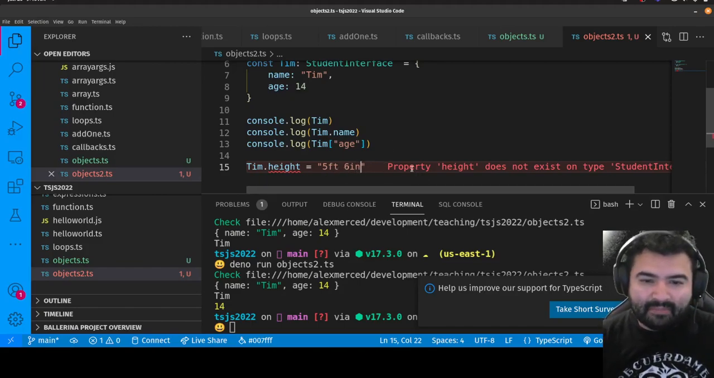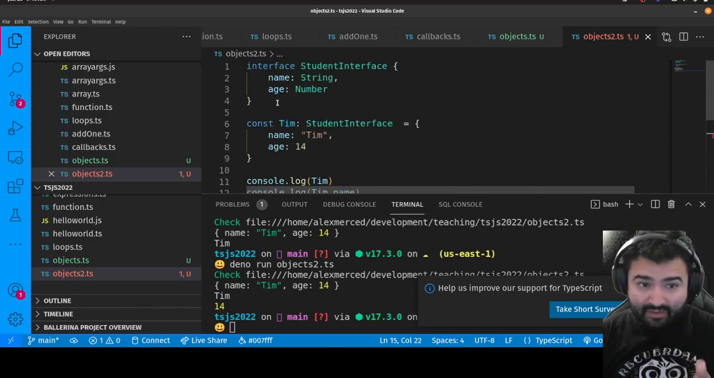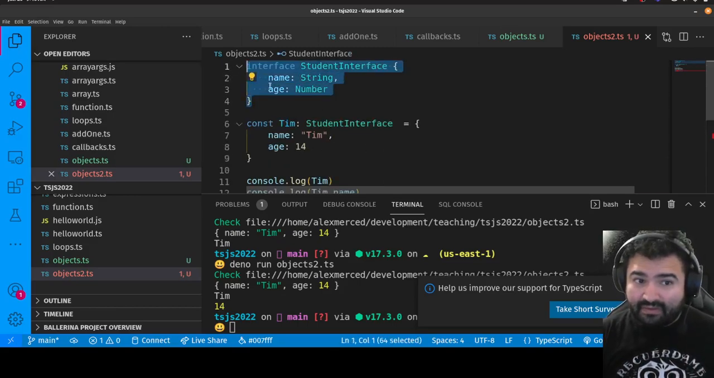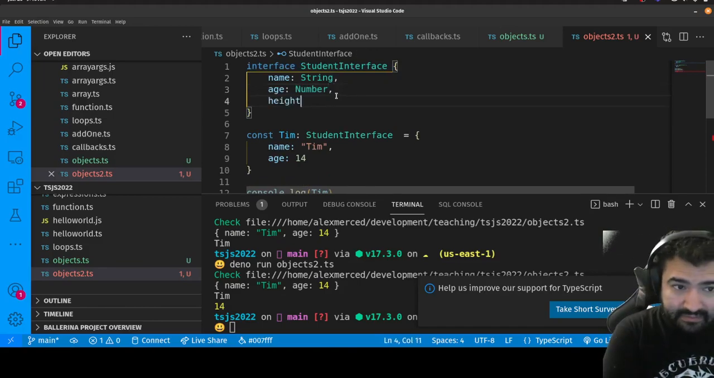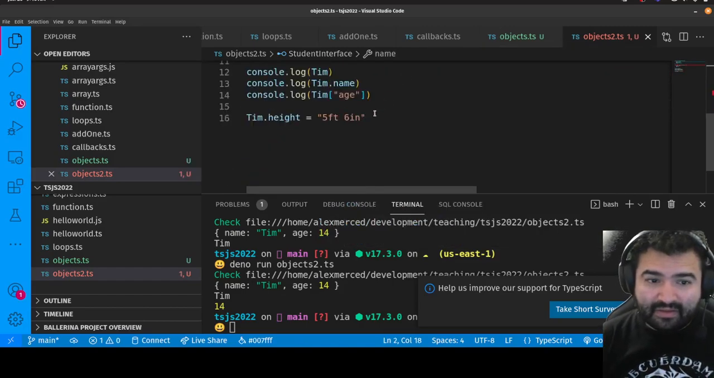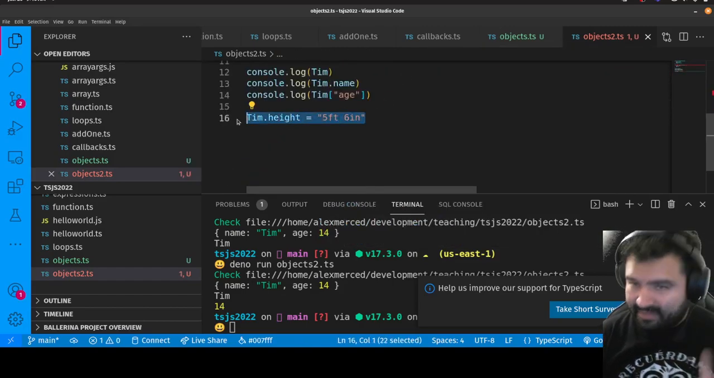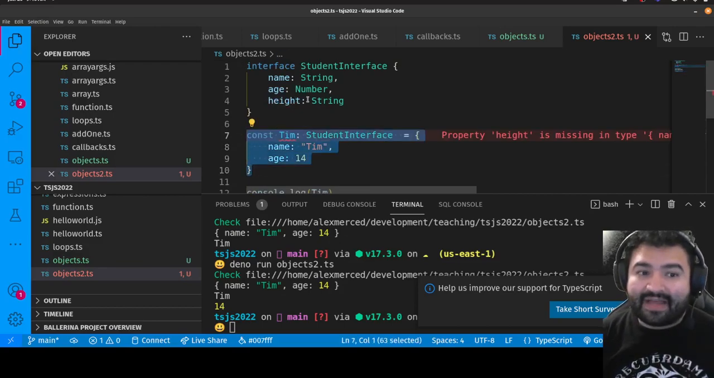But now what it's complaining about is that height doesn't exist, because again, if I take a look at my student interface, there is no height. So let's add it. I wrote it as a string, so we'll type it as a string. Now it's no longer complaining about this because Tim should have a height, but now it's complaining over here